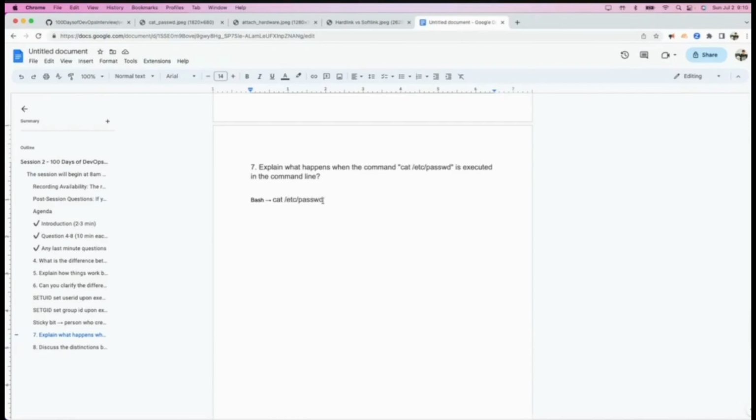Here I am seeing two things. One is the cat command, and the second one is the argument which is passed to the command. I am not thinking about where I am going, or where exactly I am trying to do a system call. I'm seeing two things here: one is the command, and one is the argument which is passed to the command.